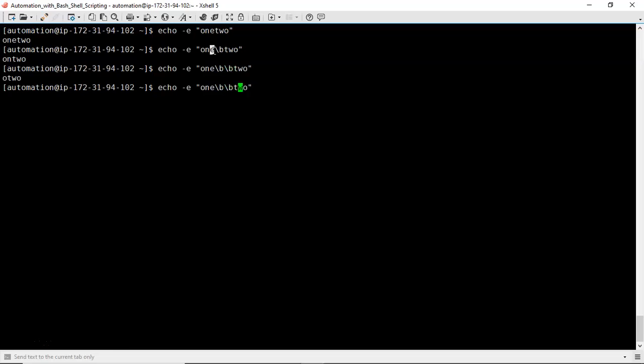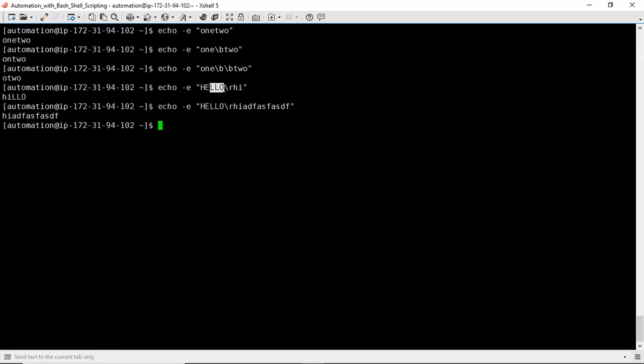The same way, you have carriage return. Suppose I am writing hello \r hi, and see the result now. First it will display hello, but because of \r, your cursor position will come to the very first place, and from there onwards it will try to write the data, that is hi. So h and i will replace the h and e, and the remaining information will be there as it is. Suppose if the second word is longer than your first word, then the first word is completely replaced with the second one.